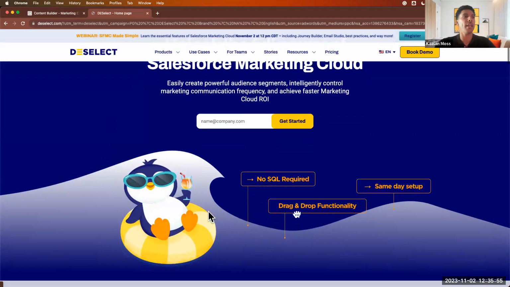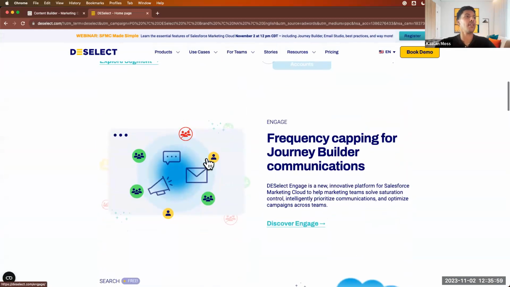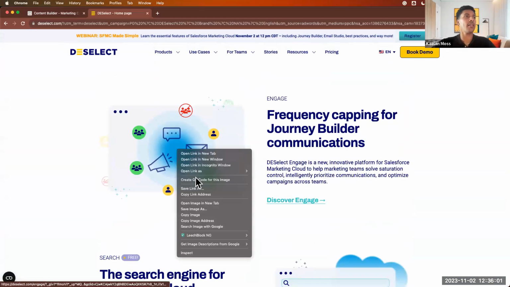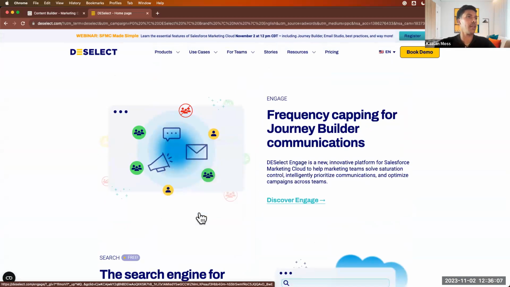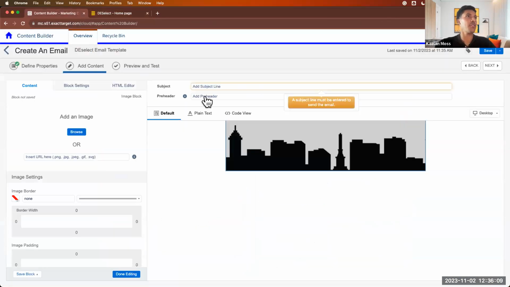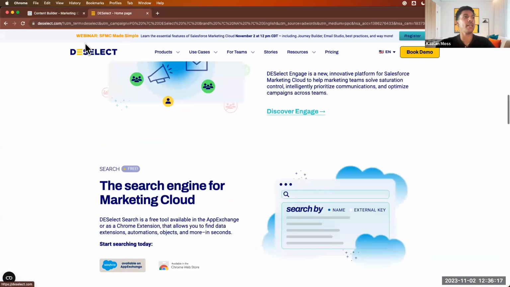So let's go ahead and let's just see if this works. I'm just going to try this. So let's just right click this and copy the link address or copy the image address right here. Come back over to this image block, paste this in, and there we go. You've got an image right there from Deselect.